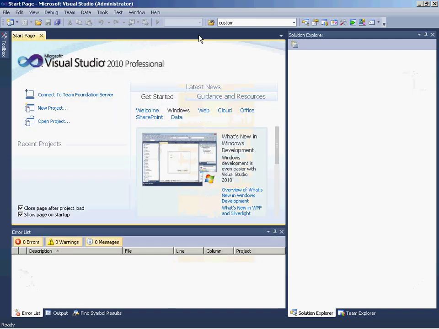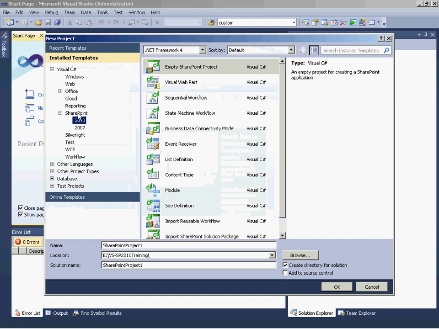So let's proceed. The first thing we'll do is create a new project. We'll select the SharePoint 2010 node and select empty SharePoint project. We'll call this my solution for now. Visual Studio will automatically create a directory for my solution under this location here, and then we'll click OK and